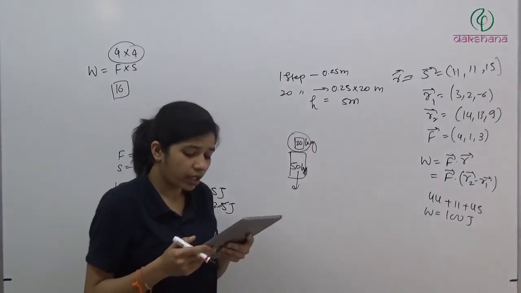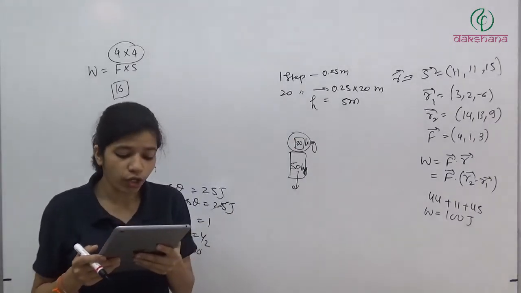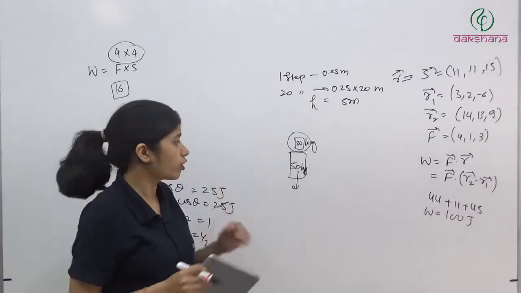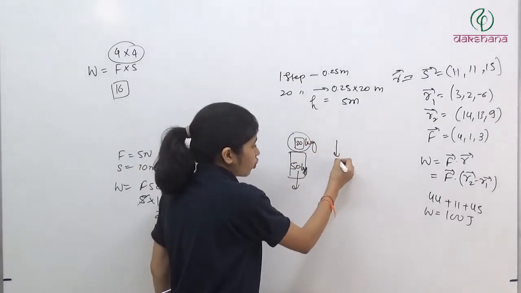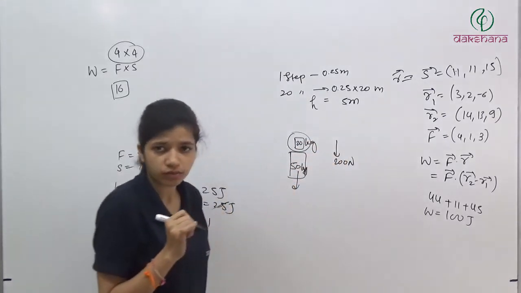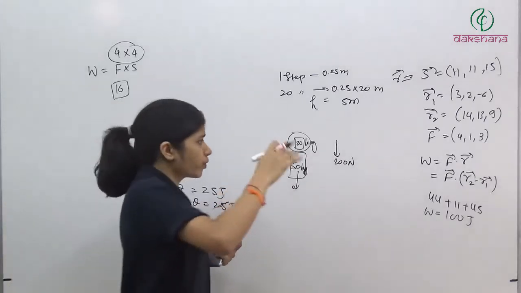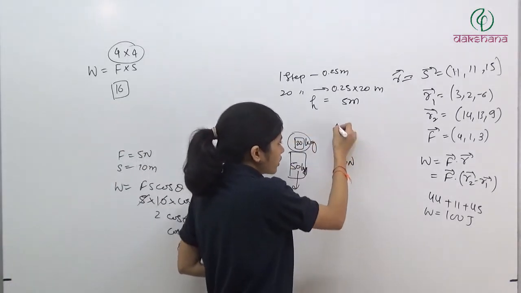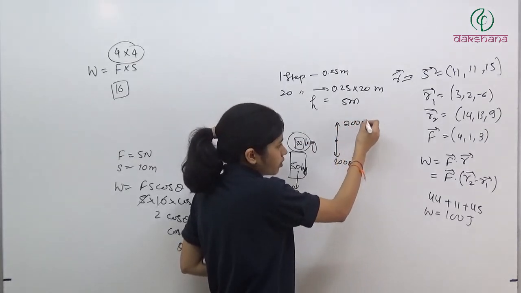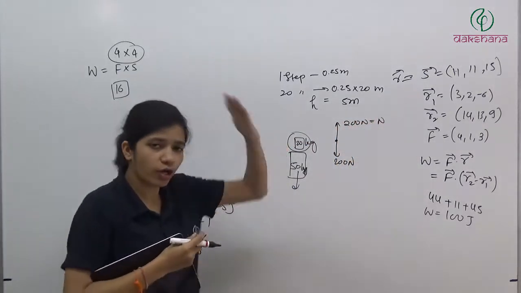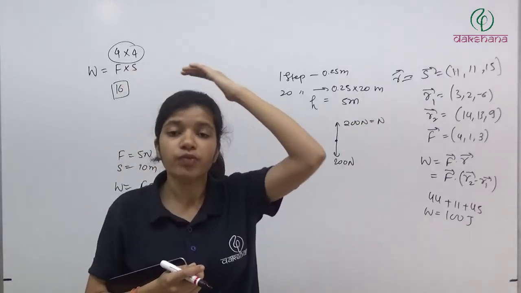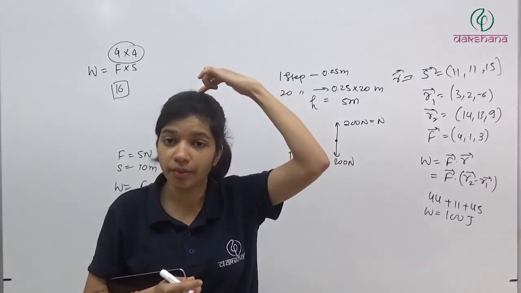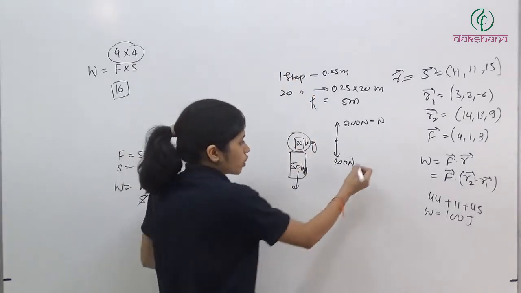Now they are asking the work done by the man on the block during climbing. Work done by the man on the block. So basically what will happen? On this block 200 Newton is acting in downward direction. Okay? And they are climbing, so basically on his head this block is at rest. So on this block there is a force 200 Newton. On this block, when it is kept on the head, what will happen? We have a force mg acting downward and normal from the head of the man acting upward. So N is equal to mg.